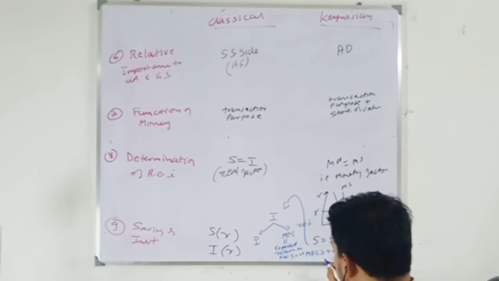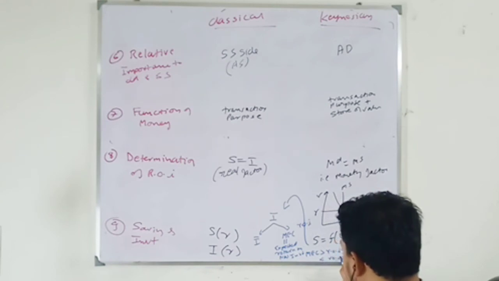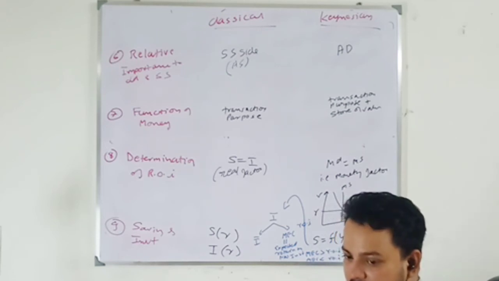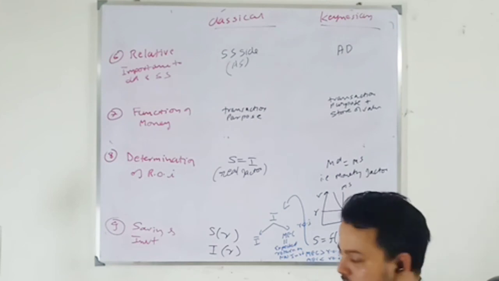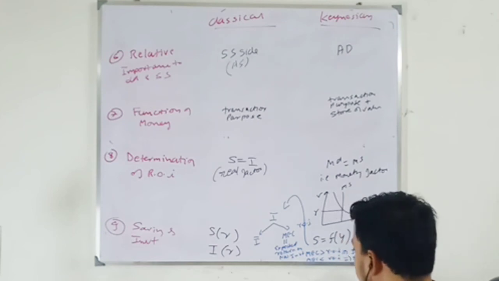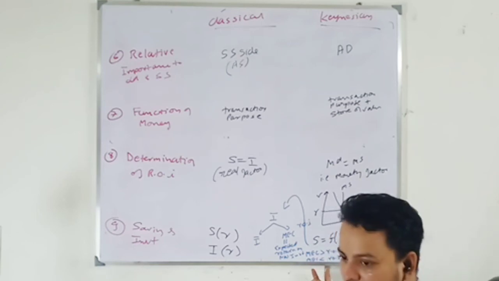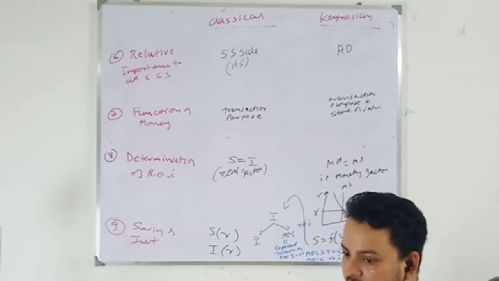When the marginal efficiency of capital is less than the rate of interest, that means the expected return on new investment is less than my cost of borrowing, because the rate of interest is the cost of borrowing. New investment will not be taken. And when both are equal, I will be indifferent. I have to take a decision based on no profit.